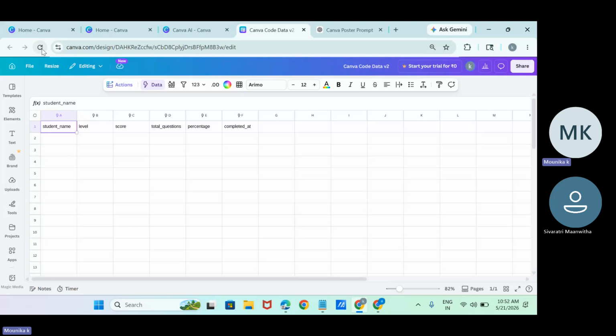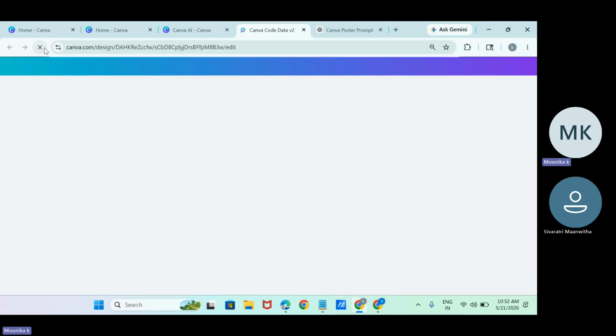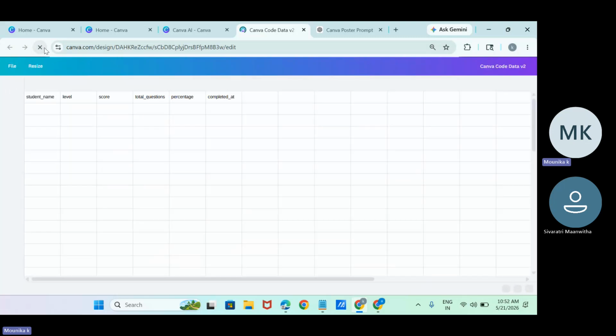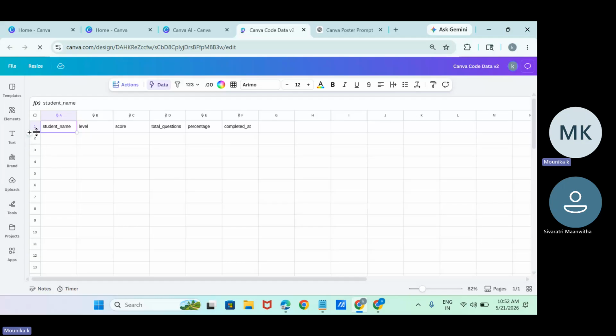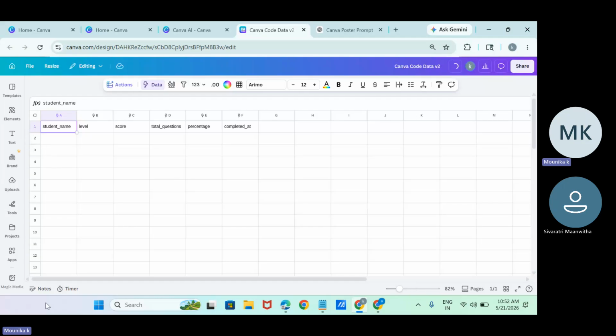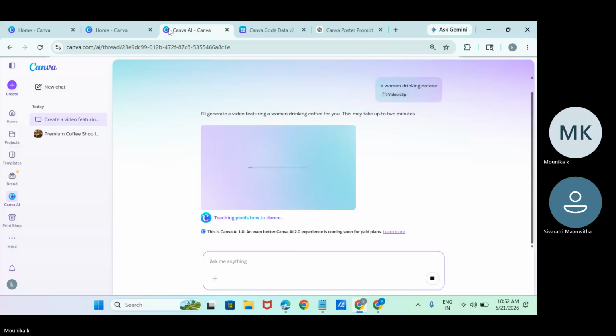So this is the sheet. Just like Google Sheets, Canva Sheets. It is going to add a Canva Sheet so that we can get the scores of the students over here. Okay, so we can generate images, videos, posters, everything is possible here in Canva using the Canva AI functionality,